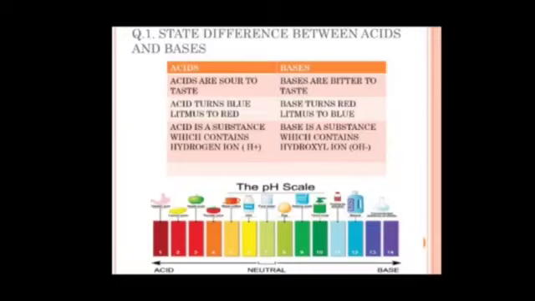According to marks, for example if in your question paper this question comes for 2 marks, you will write 2 points for each. Sometimes this question comes for 3 marks, so you have to write 3 points for each. So students, according to marks you will write that many points, remember. Here, first of all make 2 columns, one for acid and one for base.